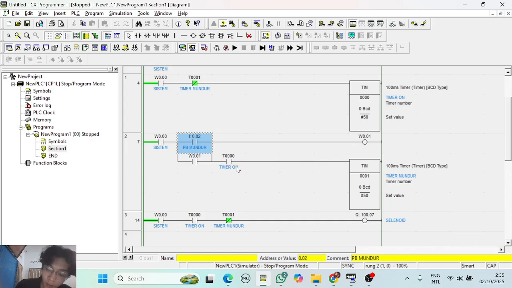If the timer on is finished after 5 seconds, this contact will be on and make the countdown timer run until 5 seconds.